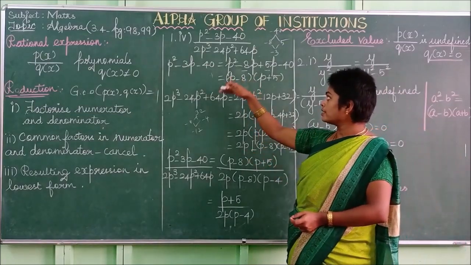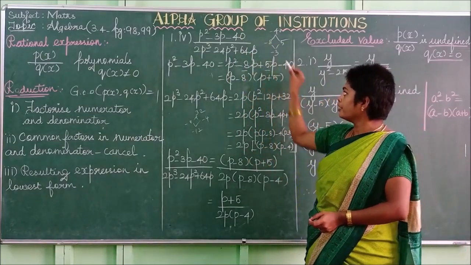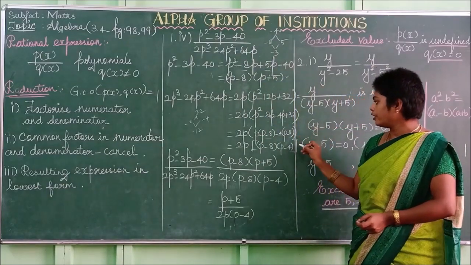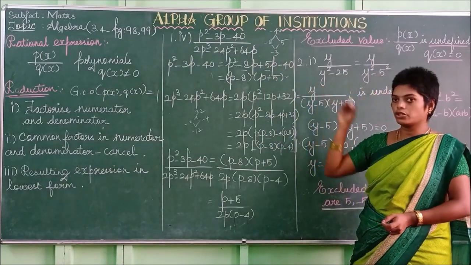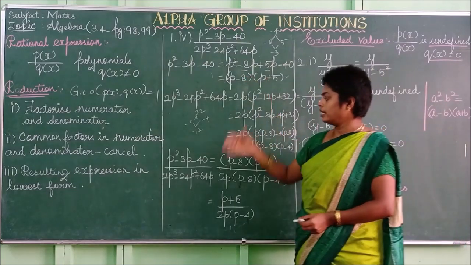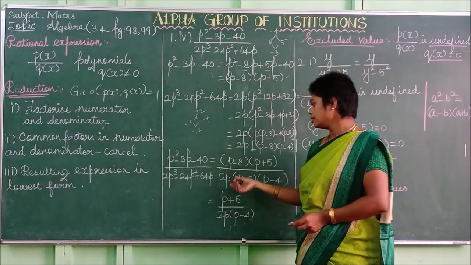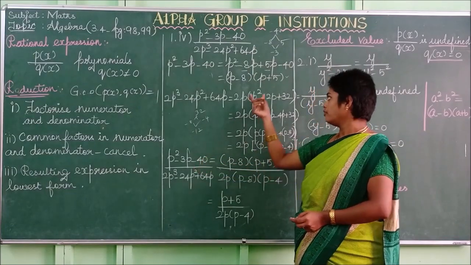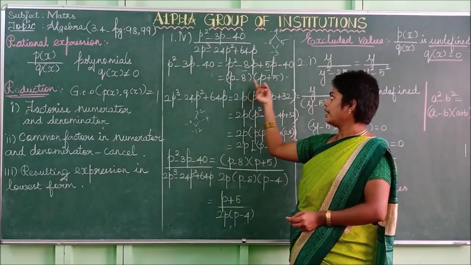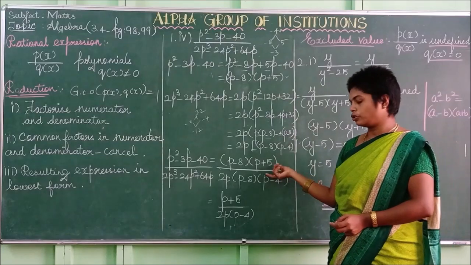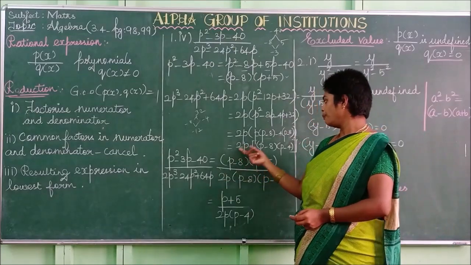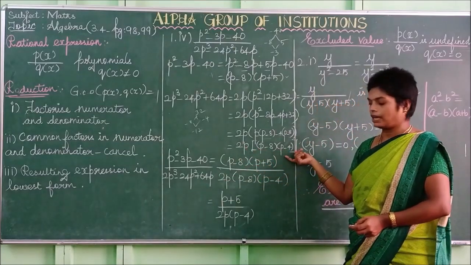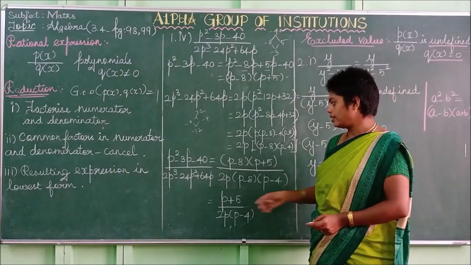So you can substitute those values. First you found the numerator, and now find the denominator also. So substitute the known values. Rewrite the question once again, then put equal to, then substitute the values. What do you have to find for this? The factor of that is p minus 8 into p plus 5. How to substitute the second value? 2p into p minus 8, p minus 4. Then substitute those values also.